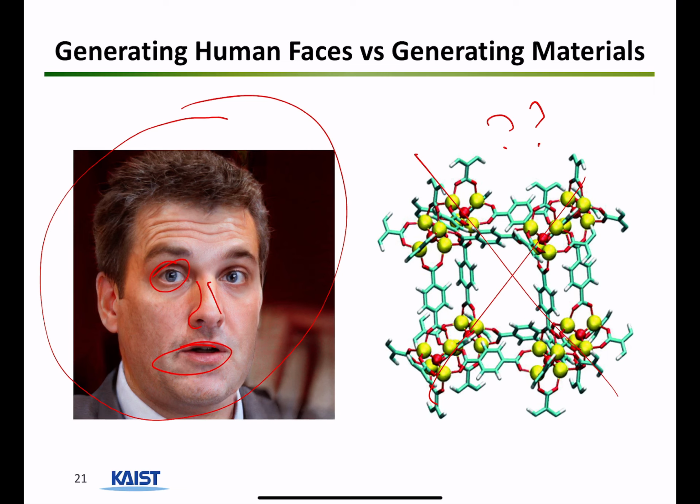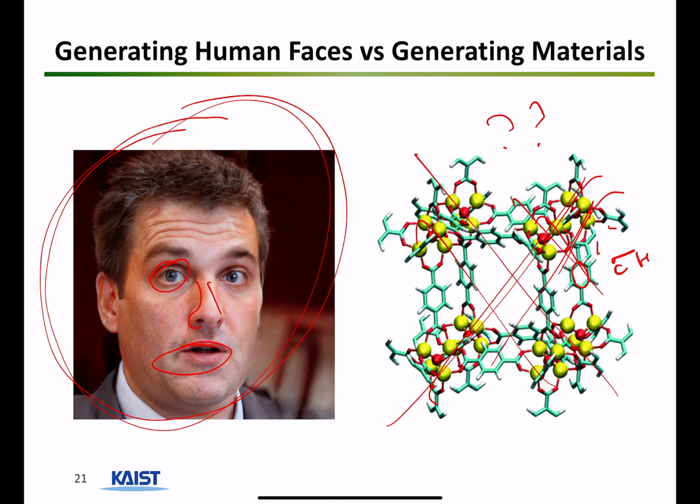Whereas with chemical structures and materials, you have very strict rules that need to be defined, as in a certain CH bond length has to be a certain type. If it's a benzene, it has to be a C atom right away. And all these connections have to abide. And even if one of them fails, then you no longer have a material. So it's much easier for AI to create something like humans without knowing the rules on humans, whereas it's much more difficult to create chemical structures without explicitly knowing the rules of chemistry.